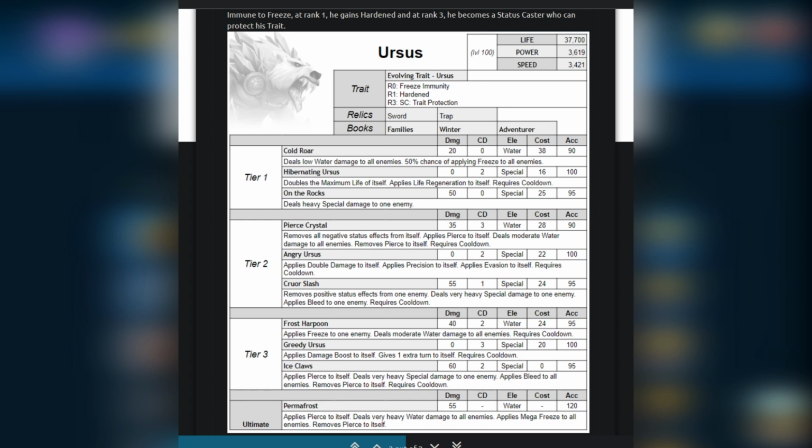And then as for his power stat, it is quite high, 3619. This is the 2nd highest power stat in the water category. Currently in first place is Stake with 3685. After that both Hukwai and Ursus are tied for 2nd place. So great power stat. And then we have a speed stat of 3421, which in the water category is tied